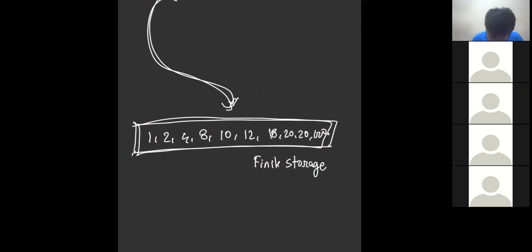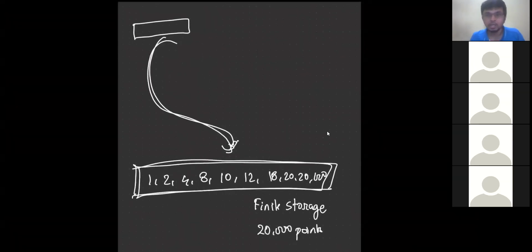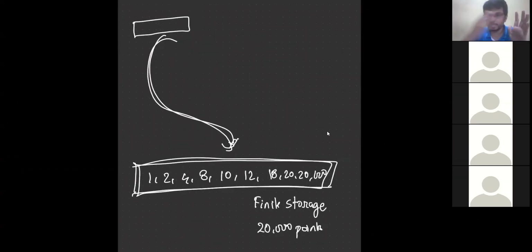So let's say I'll mark it as 20,000 points. This is the max you can go to, a max of 20,000 points. And this is what your database storage for a particular data point or a particular metric is. You got the first batch, a batch of 1,000, you split it into clusters, and you stored it in this system because it was empty the first time. So these were the centroids of the clusters that you created.